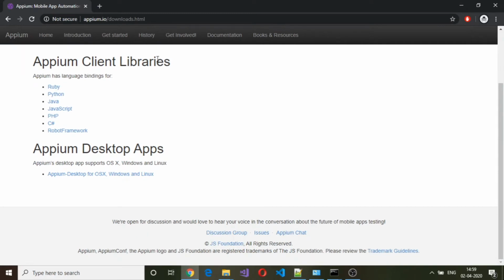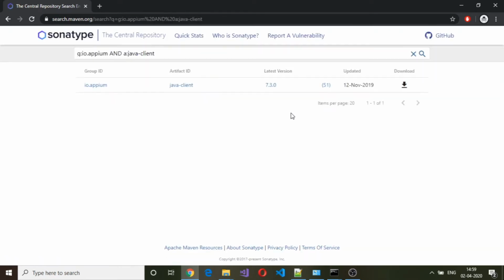Okay, so these are the client libraries which are available. The one which we are interested is the Java library. Click on Java. And this is the Java client library with the latest version of 7.3.0. So there's a download link here. This will be downloaded as a jar file.